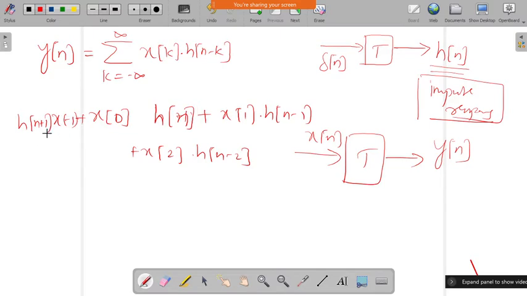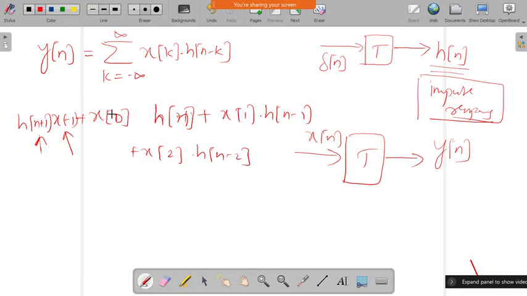Now you can see it is multiplied for a particular input signal sample, and it is running the time shifted impulse response. Here it is time shifted by a value 1 on the negative side. Like that, if I summate all these things, we call it the convolution sum. It is a weighted superposition of time shifted impulse response. That is what we call the convolution sum.